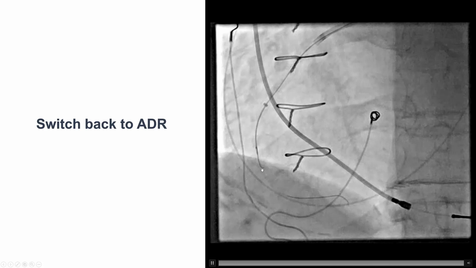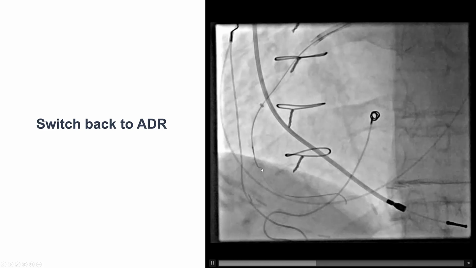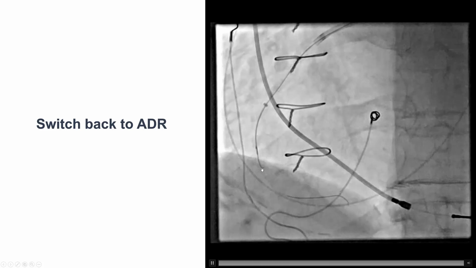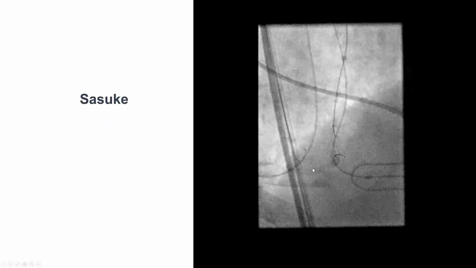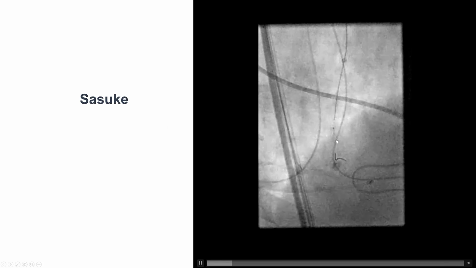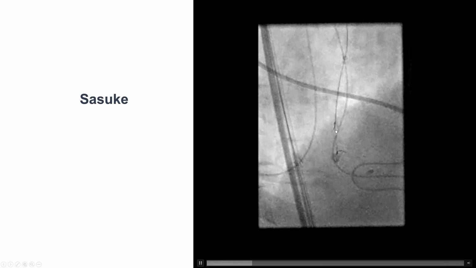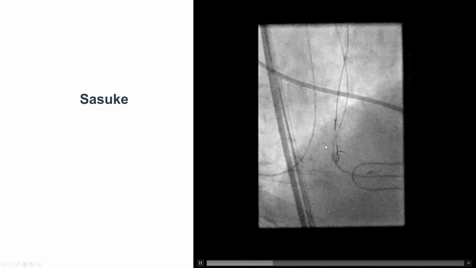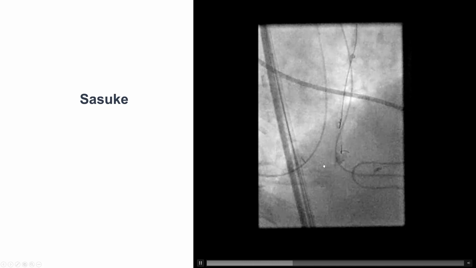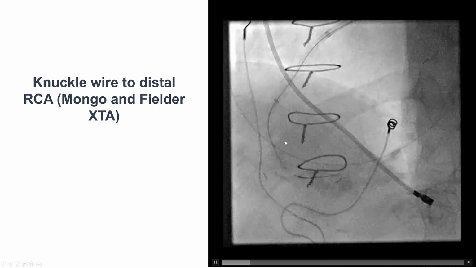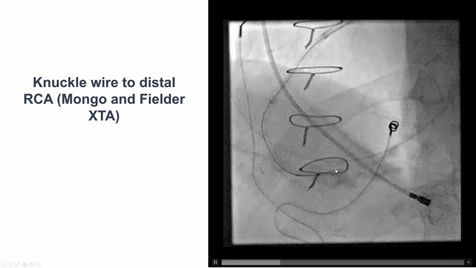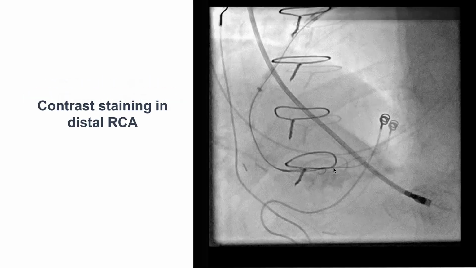What to do next? We decided that our only other option would be to try again to redirect the wire to see if we can get the Antegrade wire to go into the plane of the distal right coronary artery. We used a dual lumen microcatheter. We started the attempts fairly high in the mid-right coronary artery in an attempt to go more posterior in the course of the vessel. But again, despite multiple attempts and multiple guide wires, we did not seem to be able